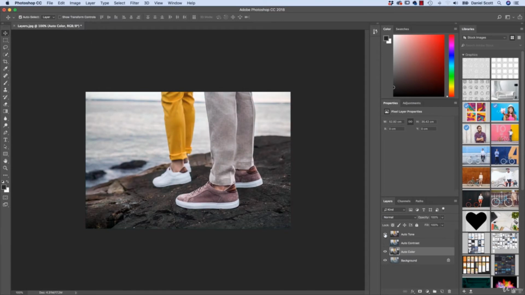So if I turn auto tone on and off, depending on what resolution you're watching this video in, you might not see very much of a difference. Okay, there's a slight difference. It's just kind of maybe tonal range. Auto tone's got a warmer feel to it, and auto color has just a tiny green tinge to it. So a couple of things we've learnt is